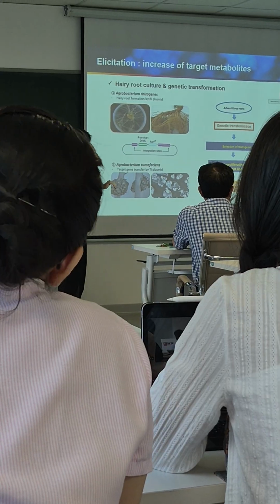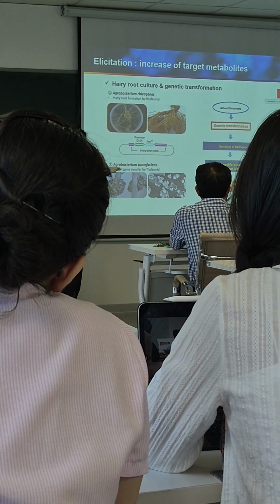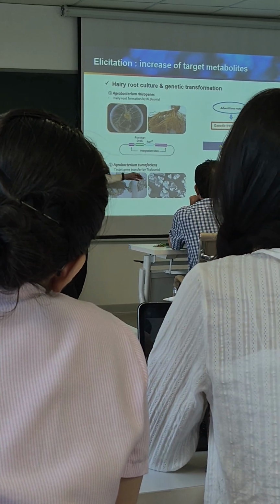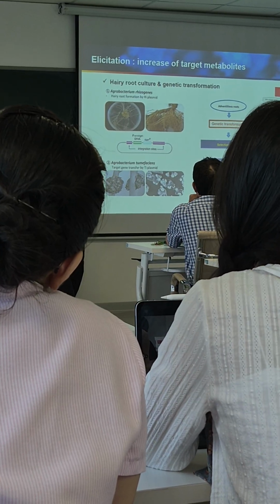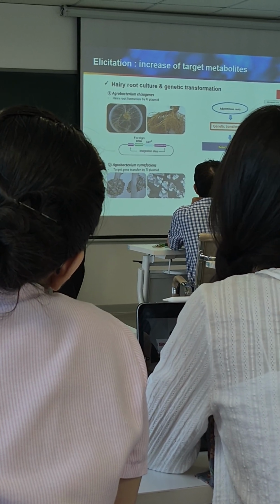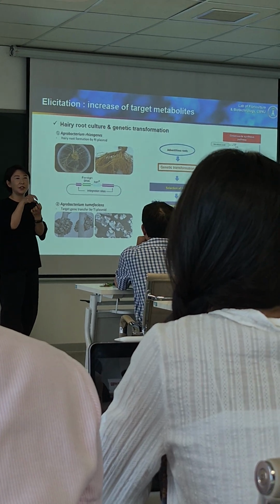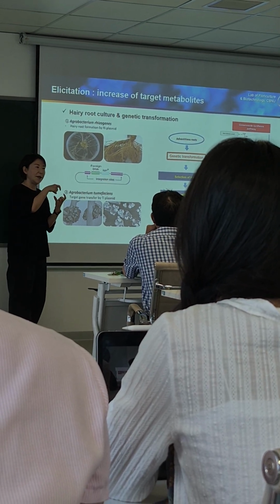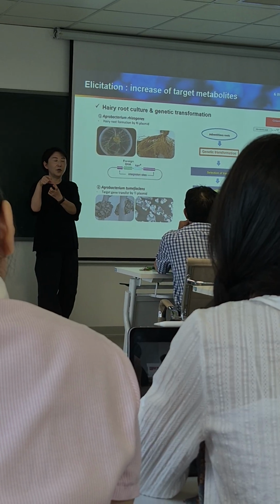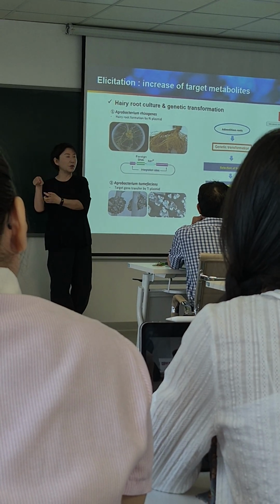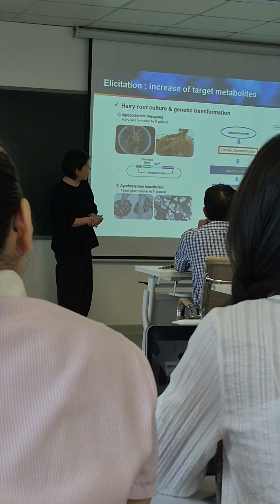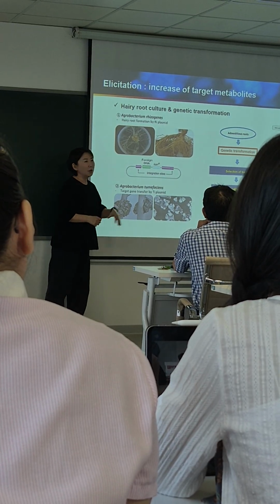And the other one is Agrobacterium transformation. In the vector system, we have to put our gene of interest. Our target gene is inserted, and this vector is delivered by Agrobacterium into the plant genome. So we use these two ways